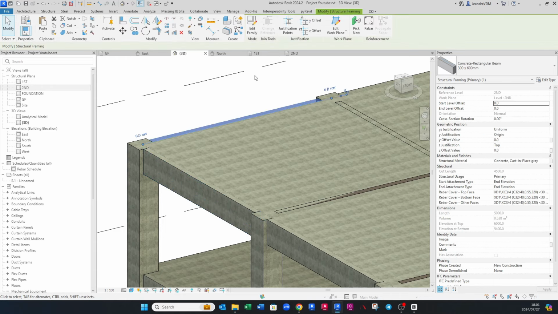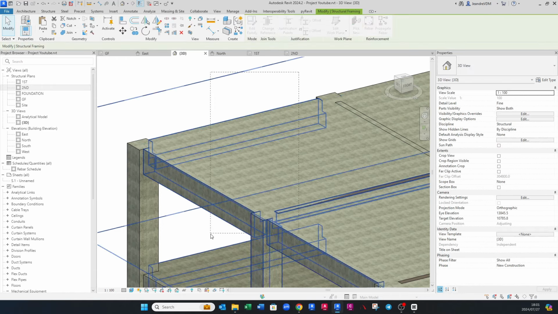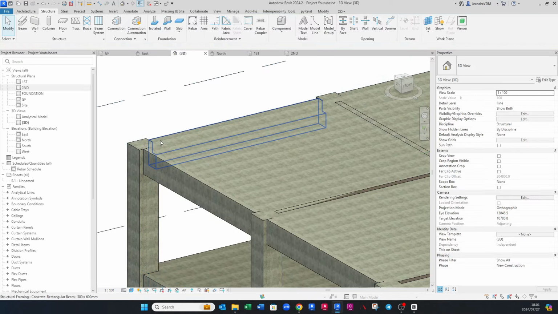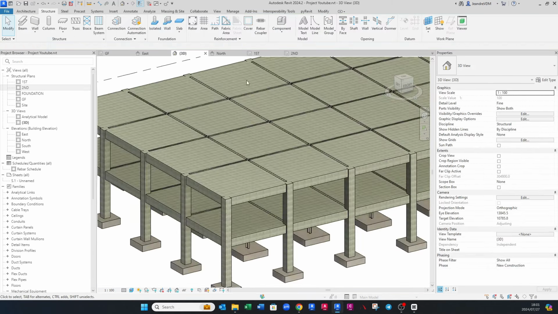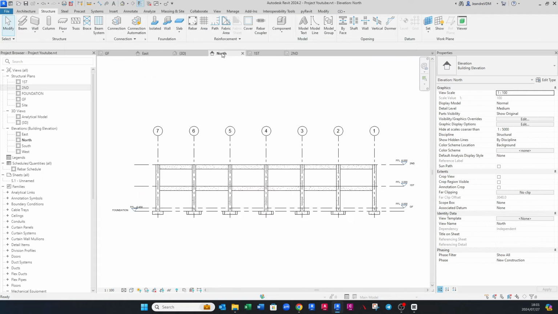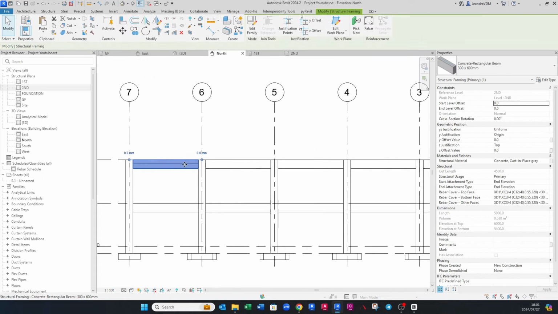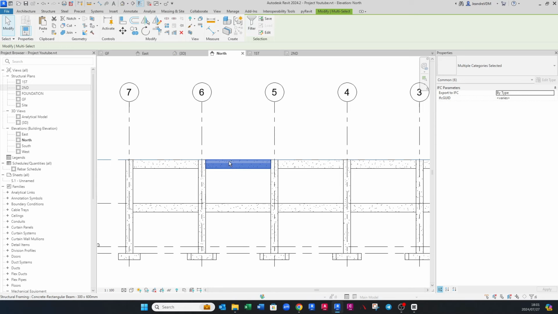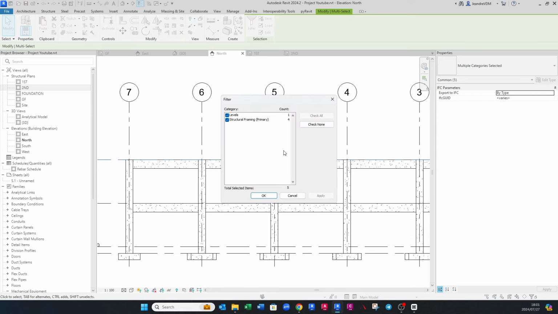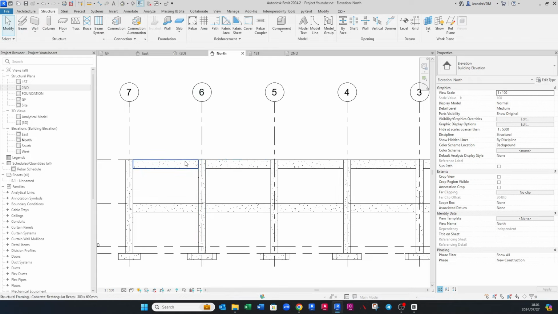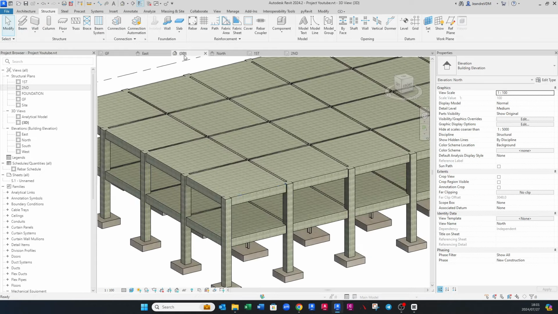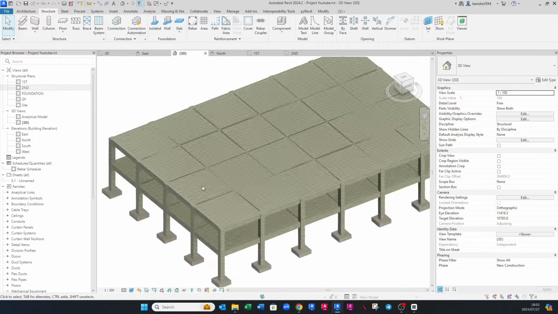Let's just go like this. Highlight the whole thing. Maybe that works a bit better. Nope. Let's just go to the east or the north elevation. Let's go filter. That's quite annoying, but anyway, let's